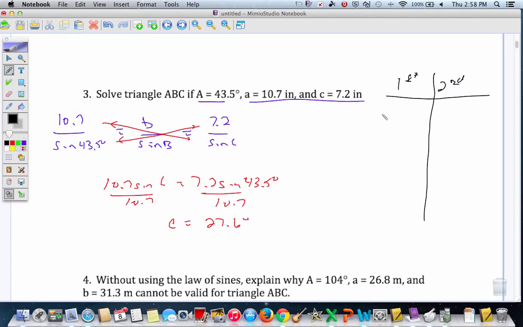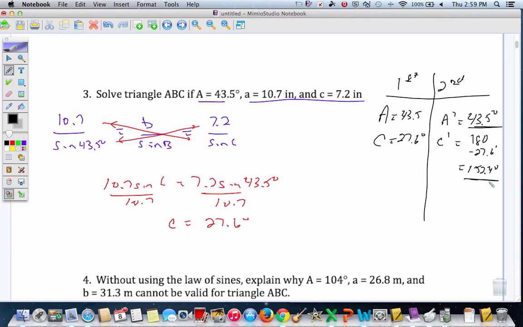From here, I'm going to do the same T-chart to test our idea of two triangles, first and second. Angle A was given information, so it doesn't matter whether they have 1, 2, or 16 triangles. Angle A is not going to change, 43.5. We just found angle C for one triangle to be 27.6. So in our second triangle, angle C would be 180 minus 27.6, or it would equal